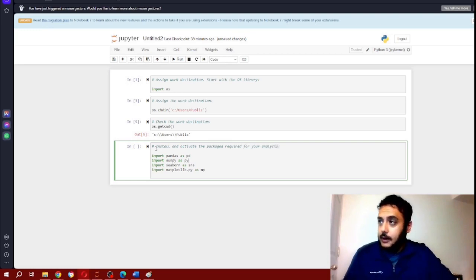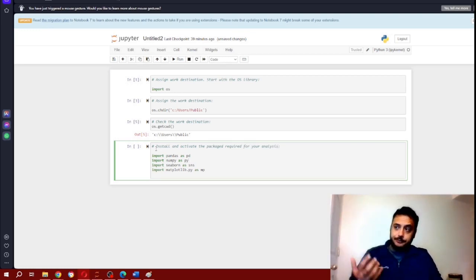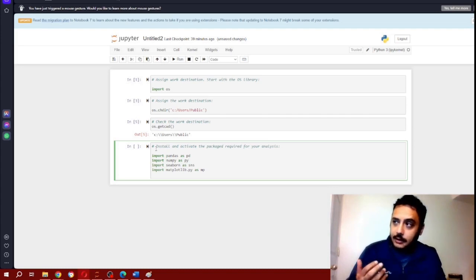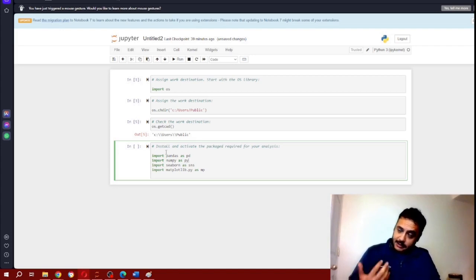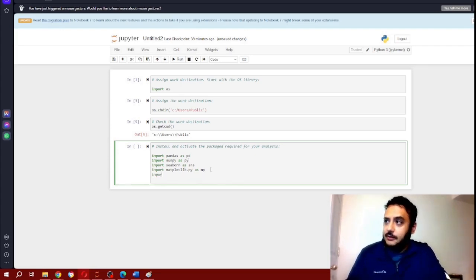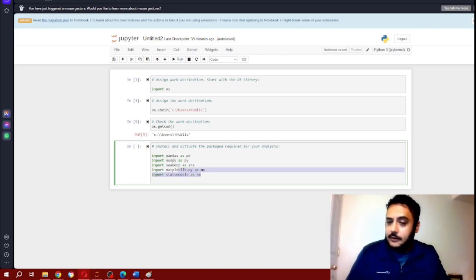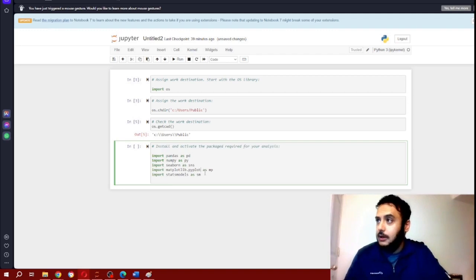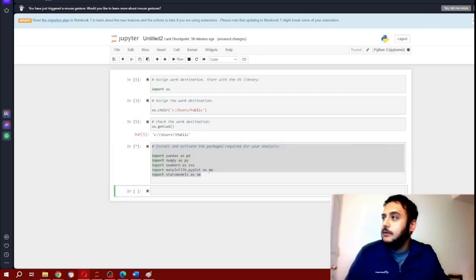All right, so we need pandas, one of the most common libraries used in data analytics and science, NumPy for numbers and statistic models, Seaborn and Matplotlib for graphic visualizations. And I think the last thing that I need is statsmodels, and that will be sm. All right, so let's go ahead and, oh, I forgot to put the plot here. Let's run this and wait for it to start. There you go. So all of those libraries have now been activated